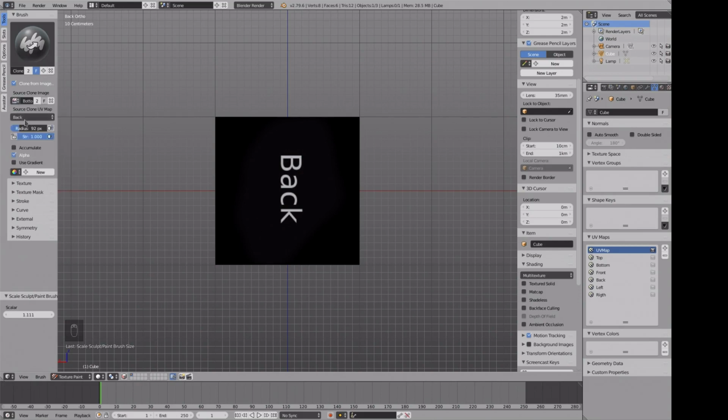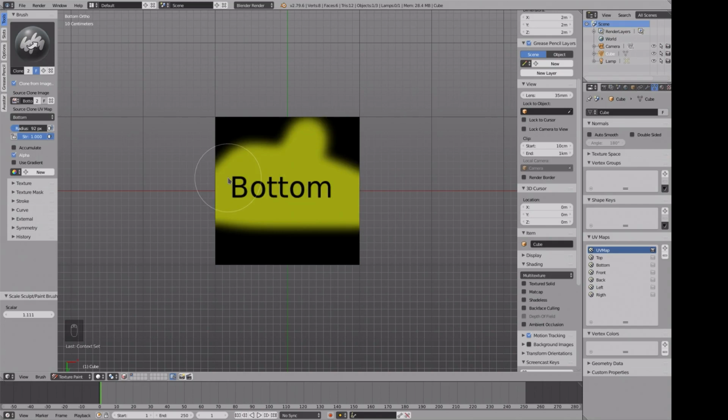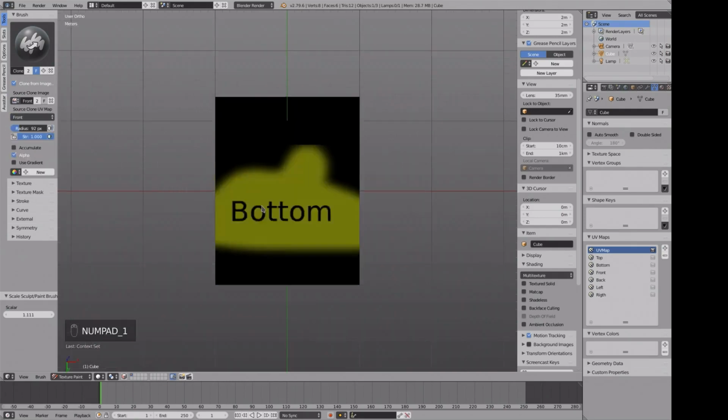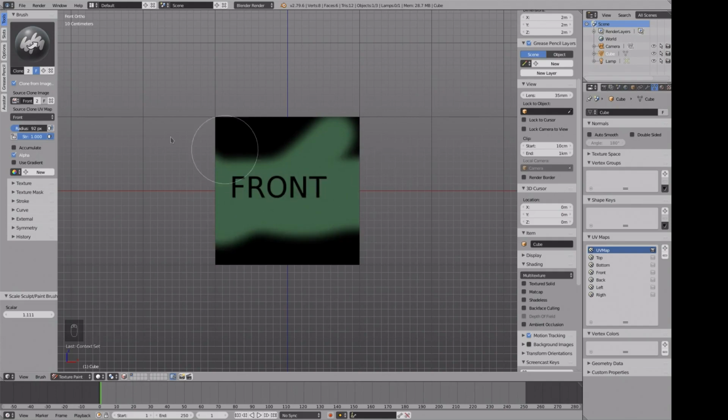Okay, bottom, bottom, bottom, bottom. I'm just ripping through this. Front, front, front, front,